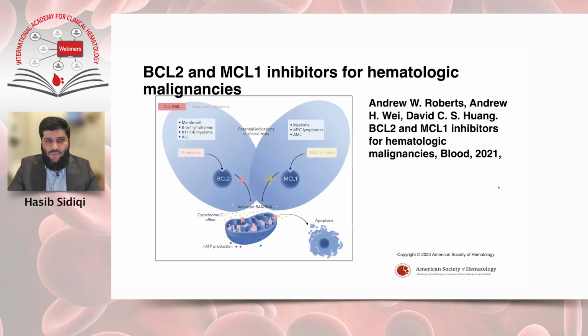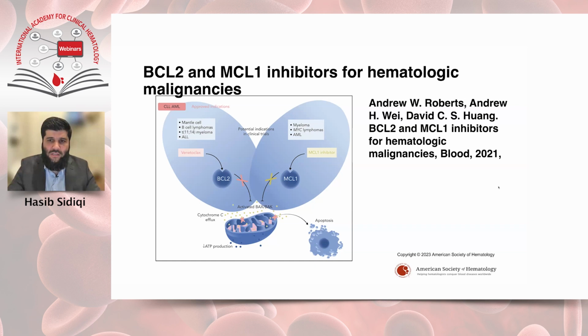So what about BCL2 inhibitors? We know that BCL2 is important in B cell maturation, but really in many hematologic malignancies, we have found BCL2 inhibition to be effective. And we have identified efficacy of venetoclax in patients with indolent lymphomas, but also the combination of venetoclax and other BCL2 inhibitors effective in patients with acute myeloid leukemia, but also in patients with multiple myeloma, particularly those that harbor